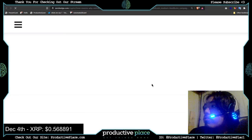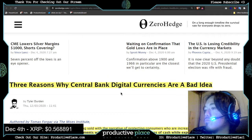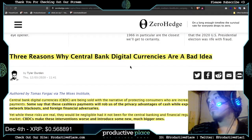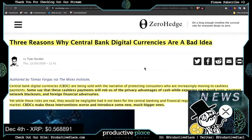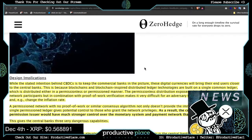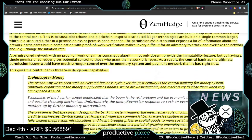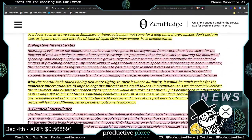It'll 3 reasons why central bank digital currencies are a bad idea. 3 reasons why central bank digital currencies are a bad idea. They would not even compromise their stated intention of keeping the commercial banks in the picture. They would still serve as custodians of the token keys and even have the ability to issue credit along the traditional lines. This would lead to disastrous